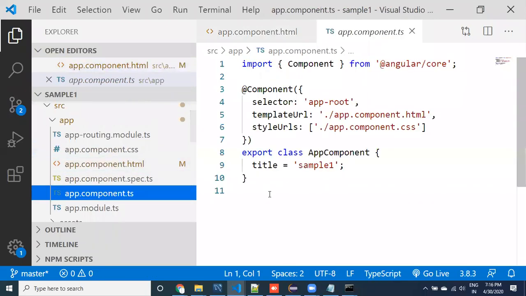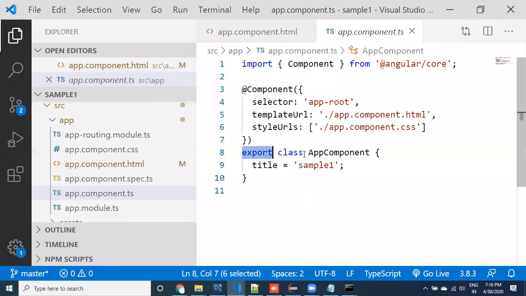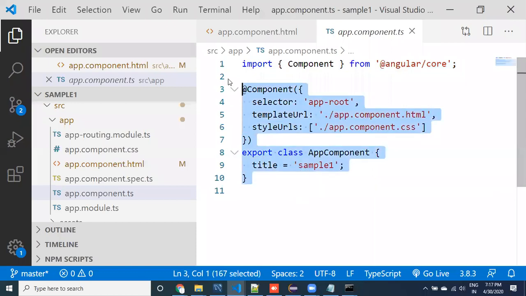Now if I go to the TS file, it's like a class. See here, guys, how a Java class looks. These are the basic annotations, which can be called decorators. Let's look at it. We are going to discuss what the selector is, what the template URL is, and what the styles URL is. I want to give you an explanation of this information. See here, guys, we are using component, that's why this is a kind of class and we need to import it. This is TypeScript, like how we write Java code.